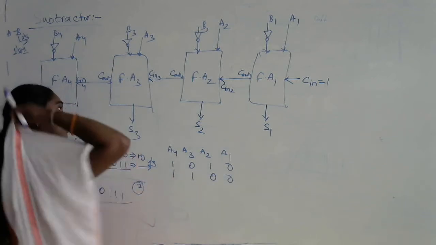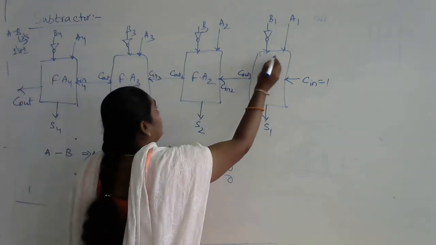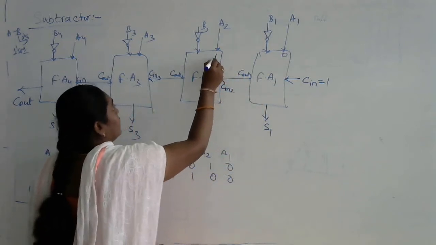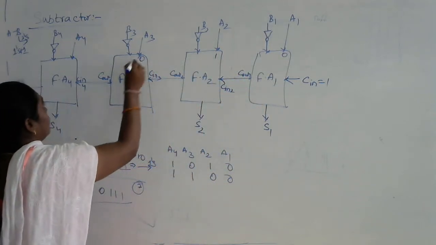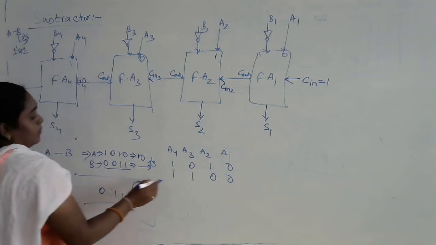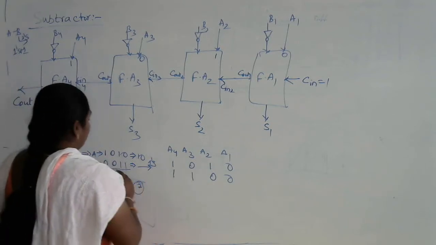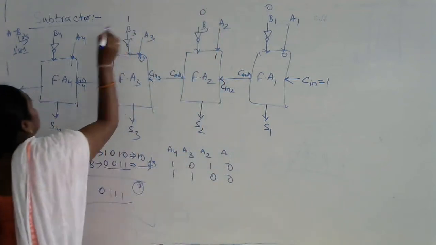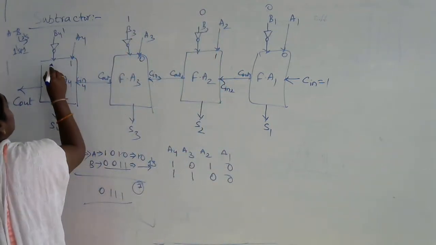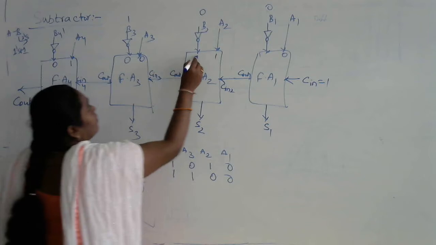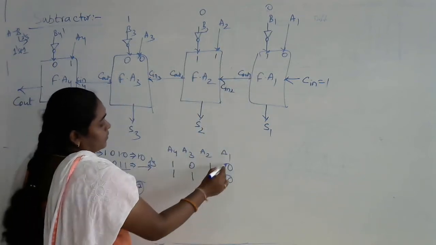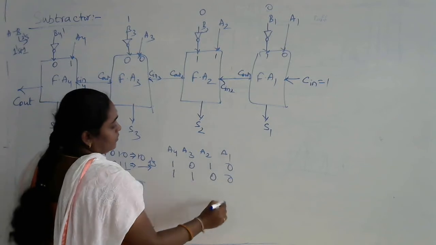So now the inputs, that is at this point here, A1 is 0, A2 is 1, A3 is 0, A4 is 1. But coming towards the B, actually we are having here 0, 0, 1, 1. But now it becomes 0, 0, 1, 1 because of 1's complement. Now for this one we are adding plus 1 for the first one.